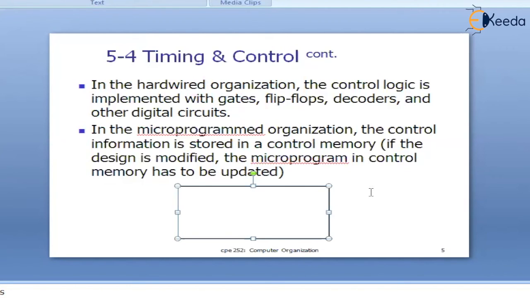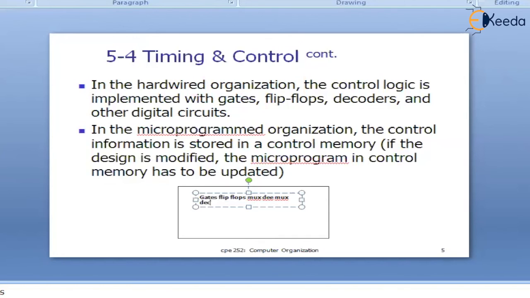to the entire system. That means a hardwired control unit is a combination of gates, flip-flops, mux, demux, decoder, encoder, and so on.